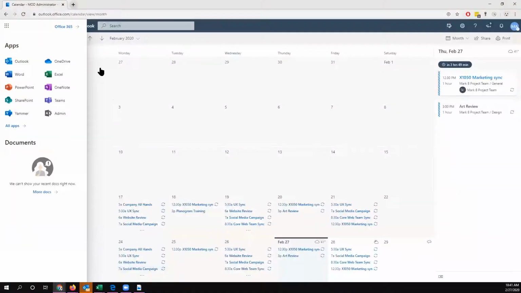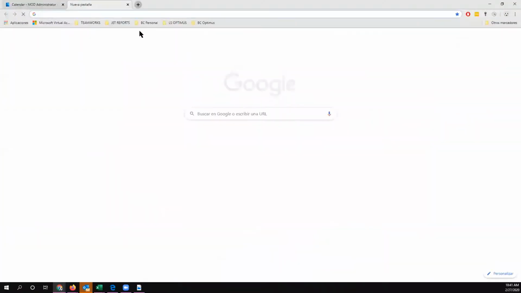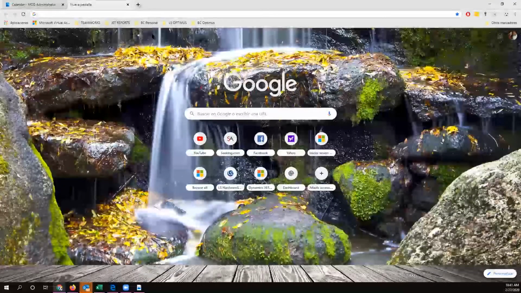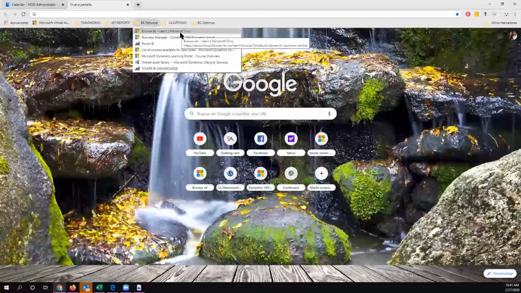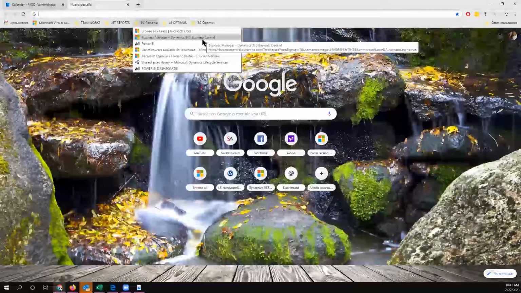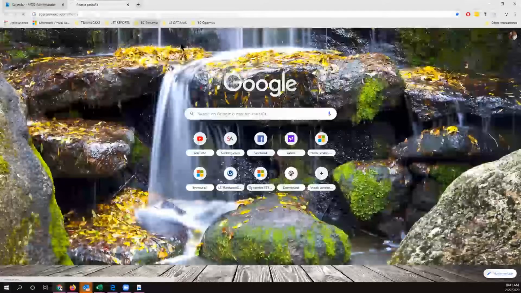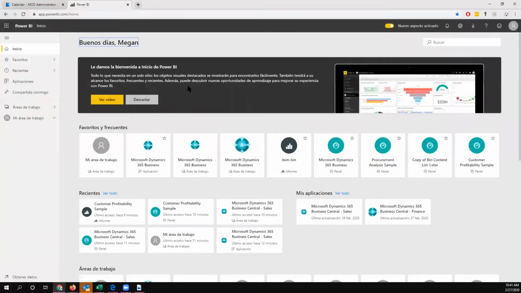Let me just show you these processes for you to see. Here I have Google, very good. And I have all my tools. I have Business Central, Power BI dashboard. I'm just randomly opening any of my applications. Okay, all my analysis that I presented are here. This is Power BI. I have profitability, item bin analysis. I'm just randomly opening